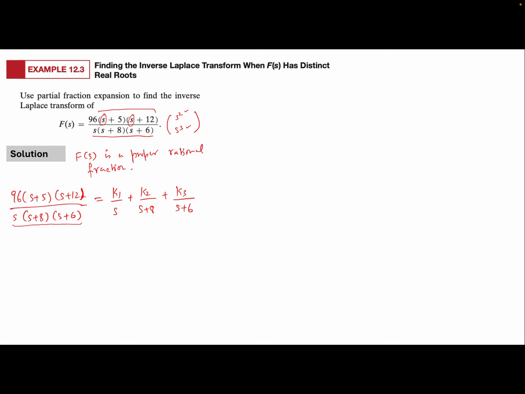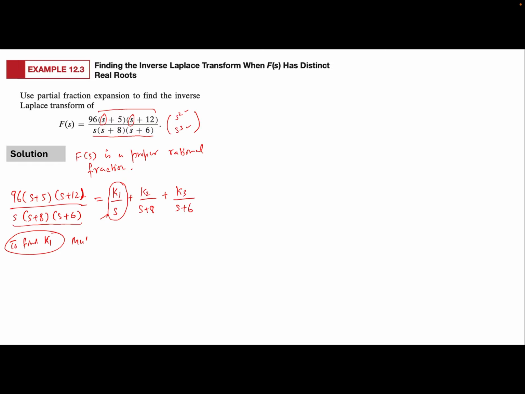Okay, so in order to solve this entire thing, we follow exactly the same process that we have done in the past. We're going to pick one root at a time, one of these partial fractions at a time, multiply both sides of the equation by the denominator of that partial fraction, and then evaluate it at that root. So for example, to find K1,